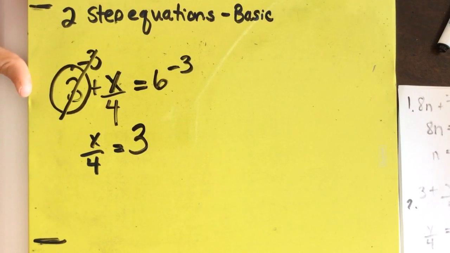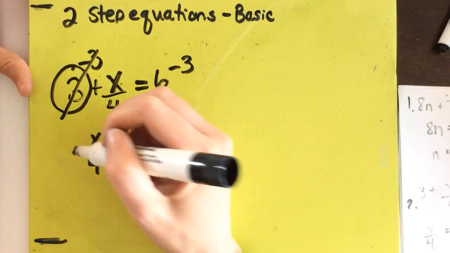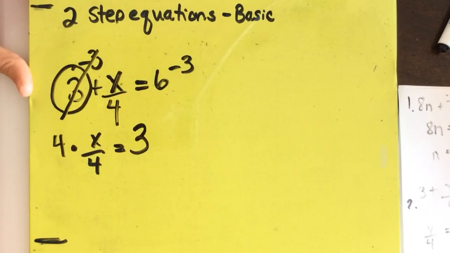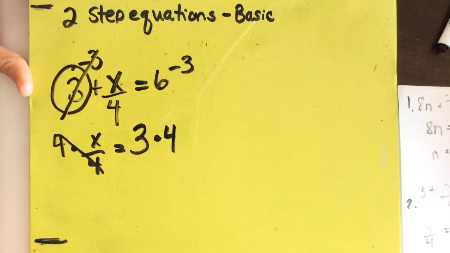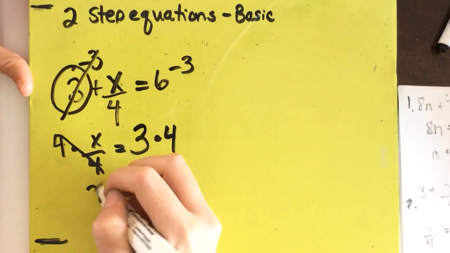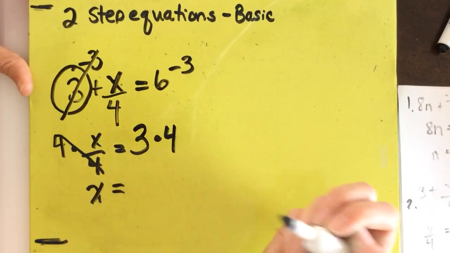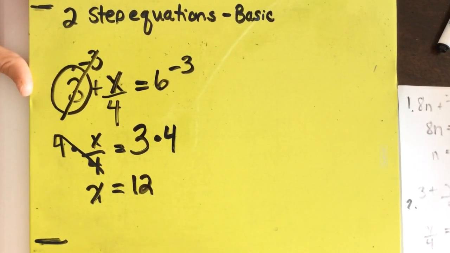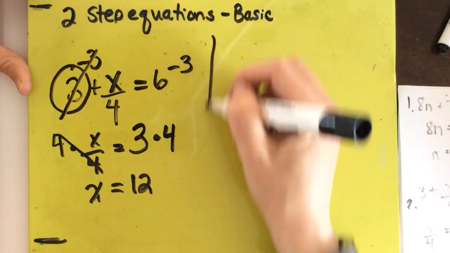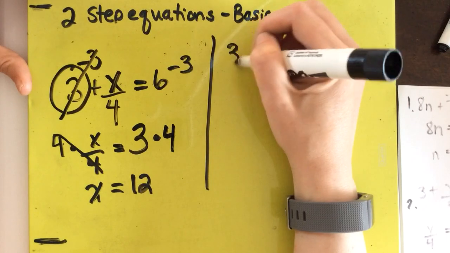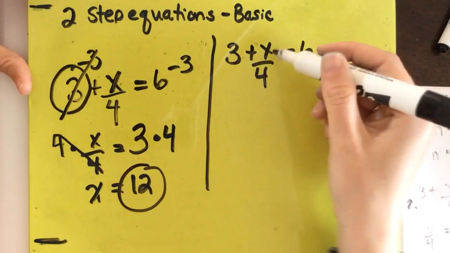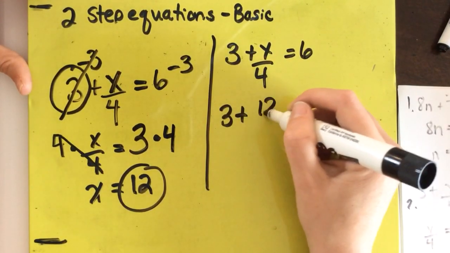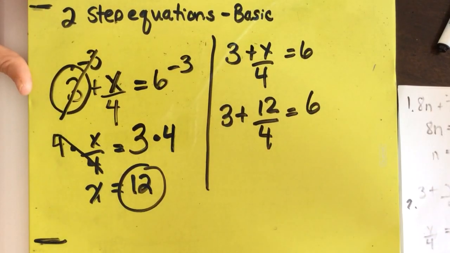If I want to get the variable by itself, I need to do the inverse of dividing by 4. The inverse of dividing by 4 is multiplying by 4. So whatever I do to one side, I have to do to the other. These cancel out, because that's why we use inverse operations. They undo one another. And I'm left with just an x. 3 times 4 is 12 for my answer. So x equals 12. And if I want to verify, I write my original equation down,